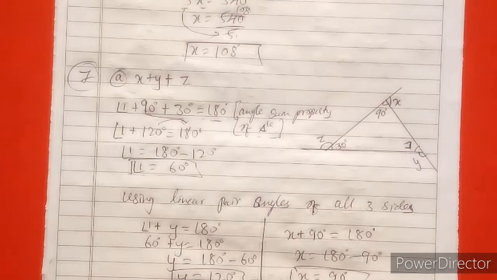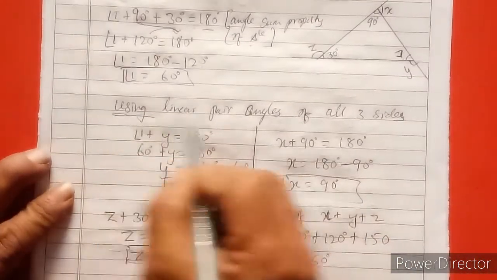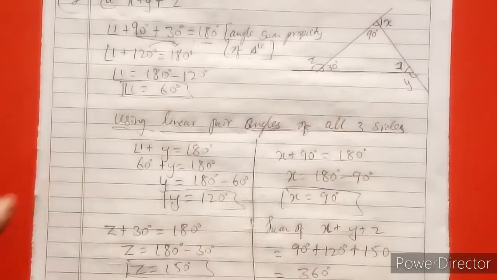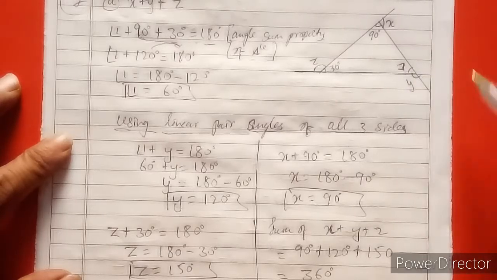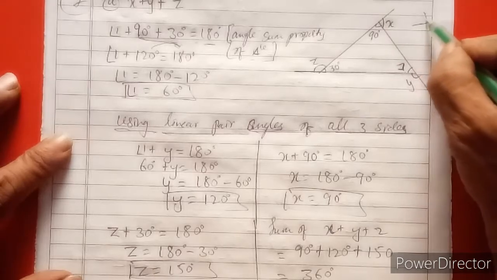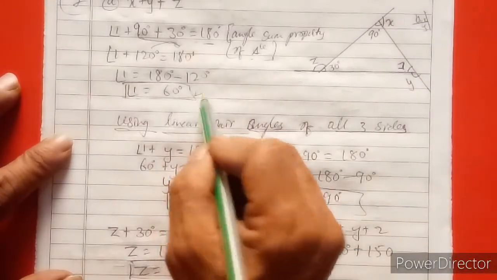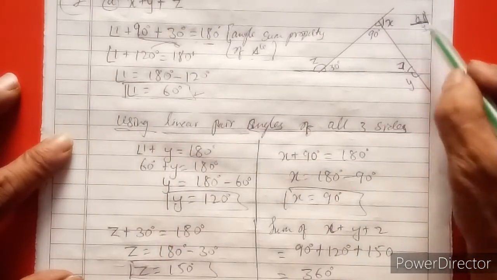Now we got the 3 interior angles. Now we have to find the exterior angles. Right? Now we are using the linear pair of angles of the 3 sides. Linear pair means you know that already. So I am using here angle 1 plus y. See here, this is the baseline. One angle should be there and another angle is y. One angle value you have, that is 60 degrees. This is the baseline, and two angles will be there, angle 1 and angle y.